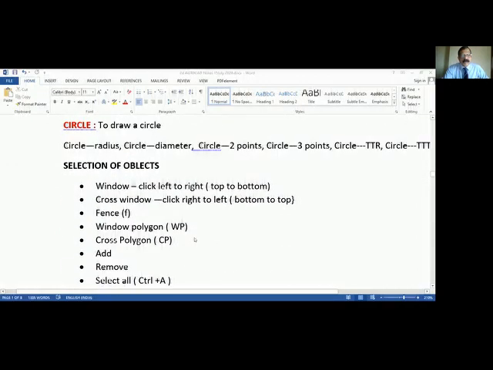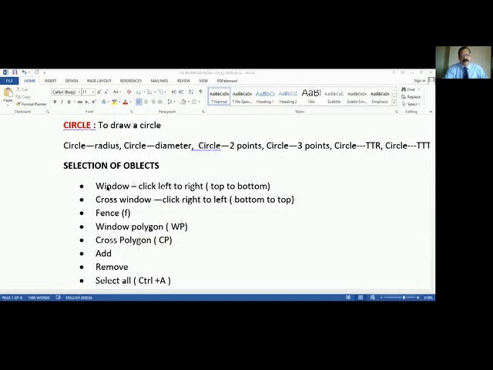You see different selection methods. One is window. Write down this. Selection of objects. Window: click left to right or top to bottom. Cross window: click right to left or bottom to top. Fence: this I will explain to you later. Add, A, remove. Window polygon. I will show you what a cross polygon and window polygon are.